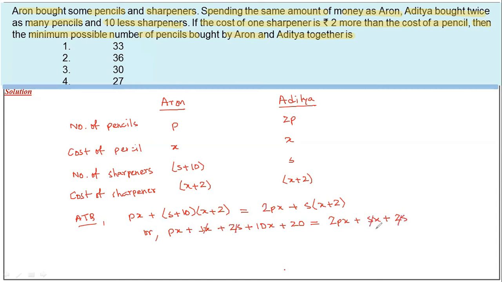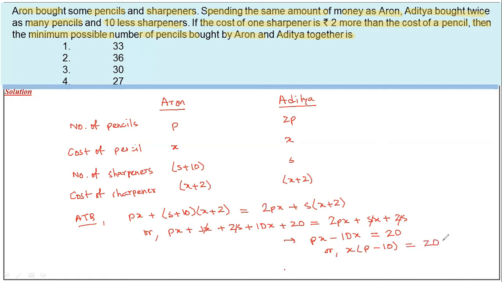So these terms get cancelled out. So what we have is Px minus 10x, that is equal to 20, or x into (P minus 10)